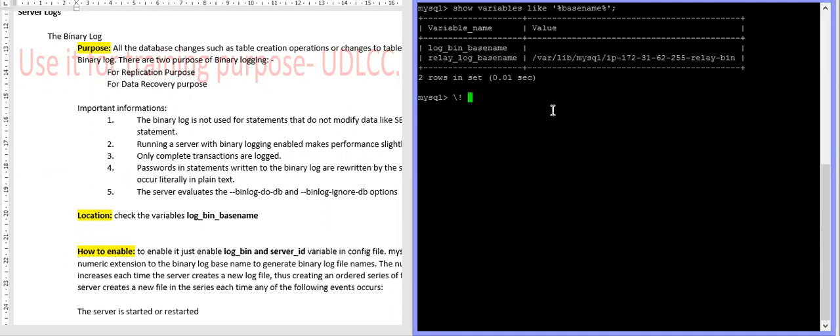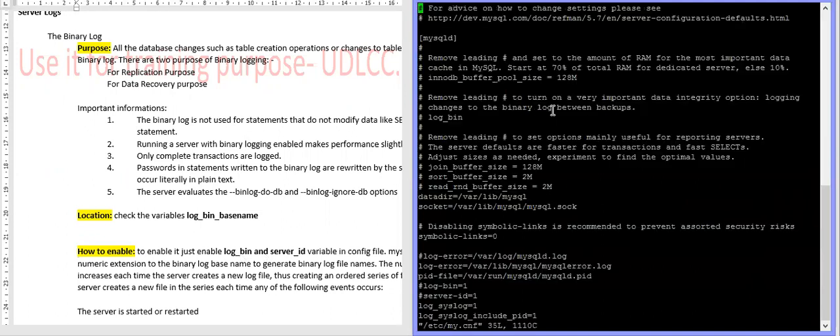We have to go to the config file, /etc/my.cnf. This is the default config file. You just have to enable these two variables, log_bin, which I had commented earlier, and server_id, as we discussed earlier also.